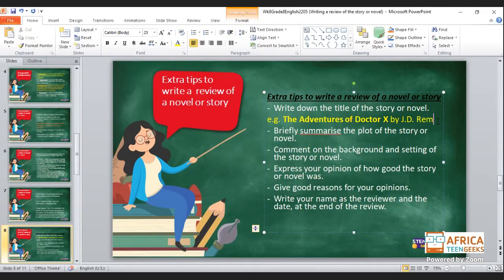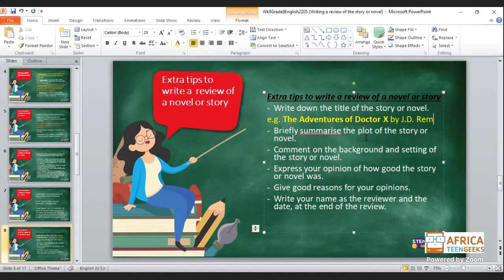Okay, remember, the story does not write itself, the novel does not write itself. There is an author who writes it. Therefore it will be good to just write the name of the author, right? So the next thing is, in your review, you will briefly summarize the plot of the story or the